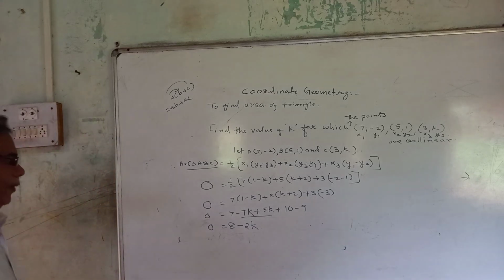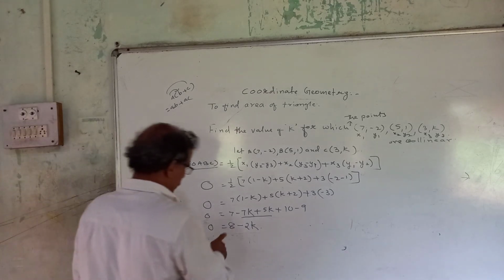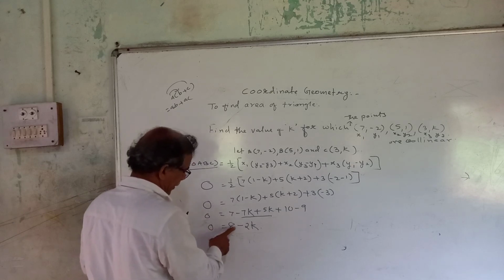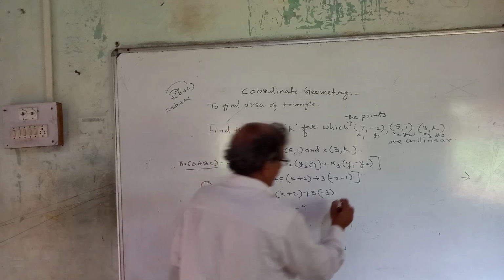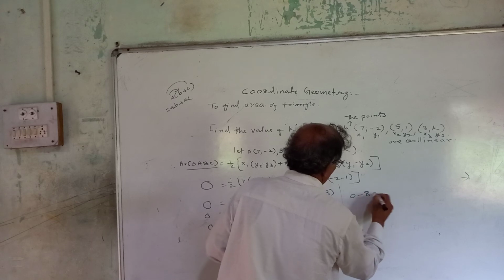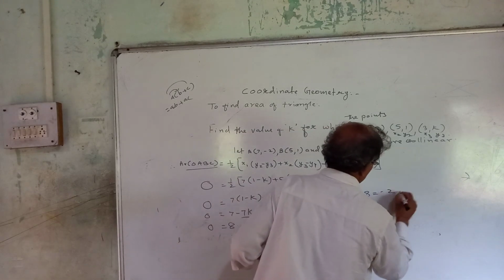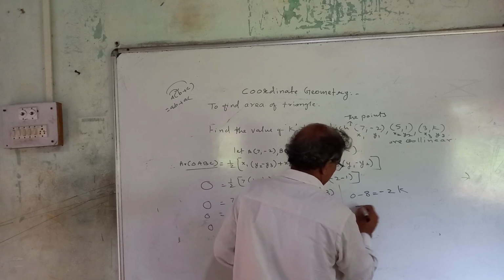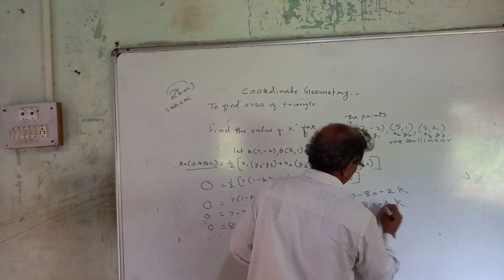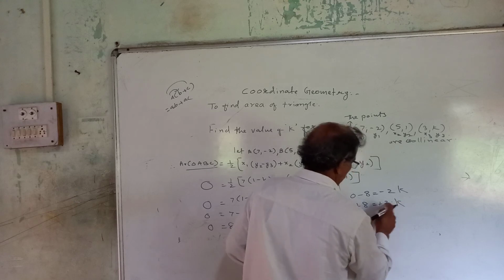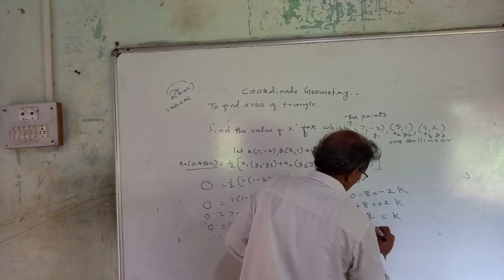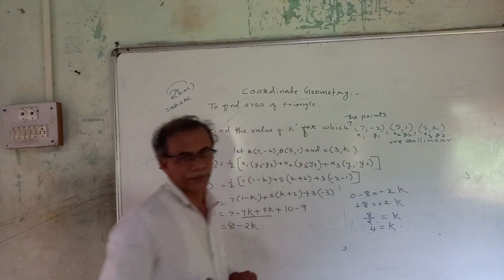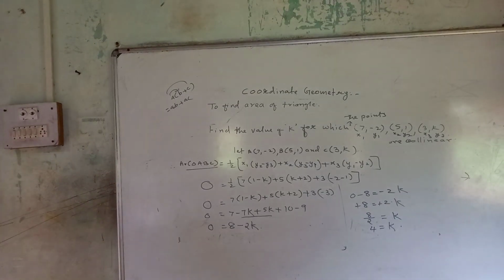Now we are finding what? Value of k. So what you will do? Here there is number 0, here there is number 8. From 8 you cannot subtract k. So let us bring this number across. So 0 minus 8 should be equal to what? Minus 2k. So 0 minus 8 means minus 8 is equal to minus 2k. Minus minus will get cancelled. 8 is equal to 2k, means 2 into k. Now we want to find k. k is equal to 8 by 2, or 4 is equal to k. So this is how the value of unknown coordinate is obtained. Okay.